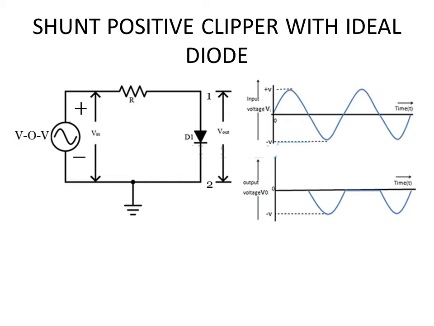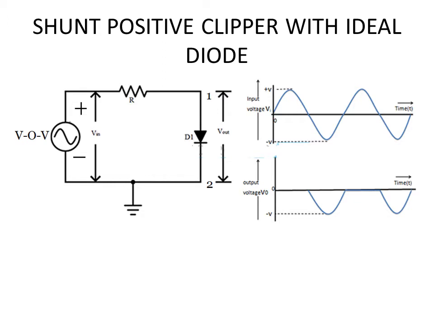You have got one diode and one resistor. This is only one way in which you can connect. In this circuit, we are giving the input, represented here using the AC symbol, and it is also written as V0V, which means the AC voltage has a peak value of V. On the positive side it will go to positive V, and on the negative side it will go to negative V, which means the peak to peak value is 2 times V. That is the input which we are giving.